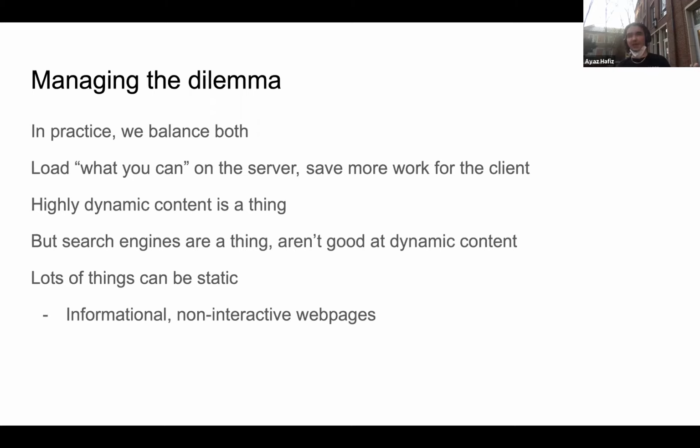In that case, you cannot expect a search engine to just evaluate your arbitrary JavaScript bundle. And furthermore, there's a lot of stuff that there's no need to render on the client side. For example, if you have a homepage for a product,